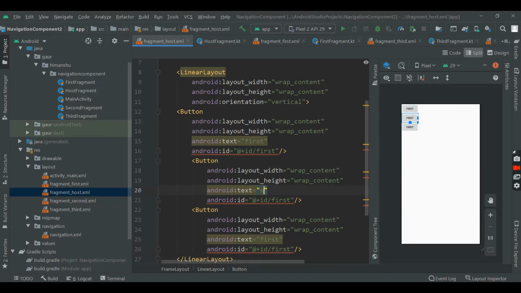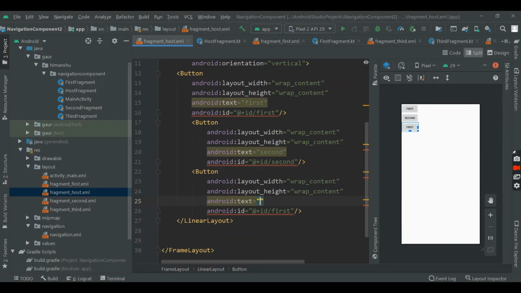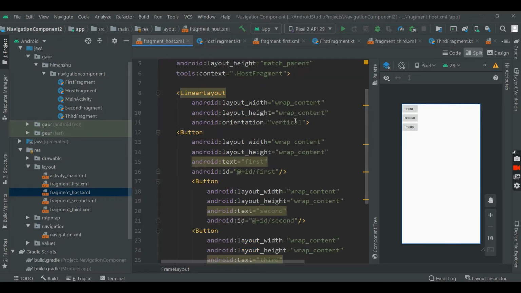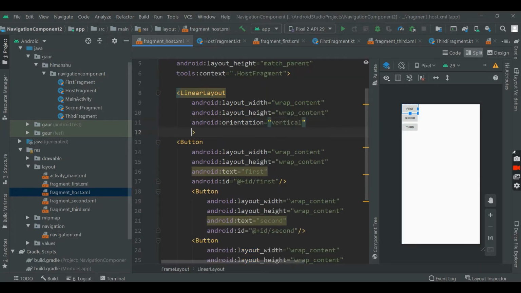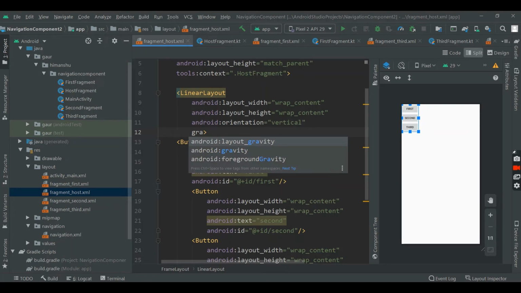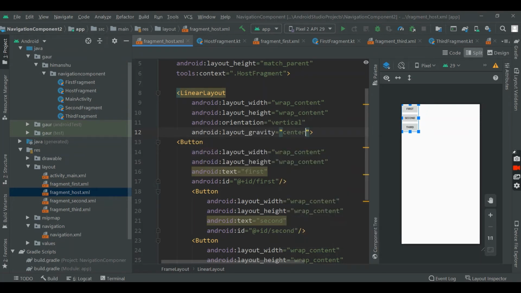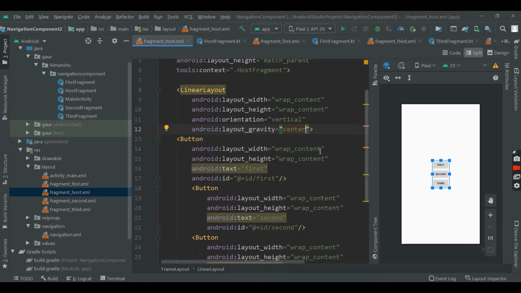So this is for second fragment and our ID is also second. Now this is for third and ID is also third. Now I put our linear layout in the center. So layout gravity and make it center.